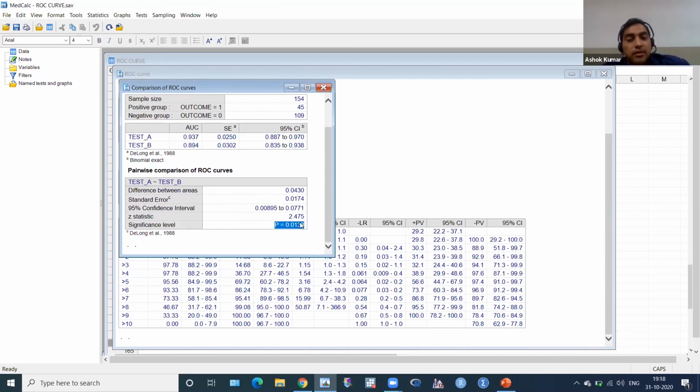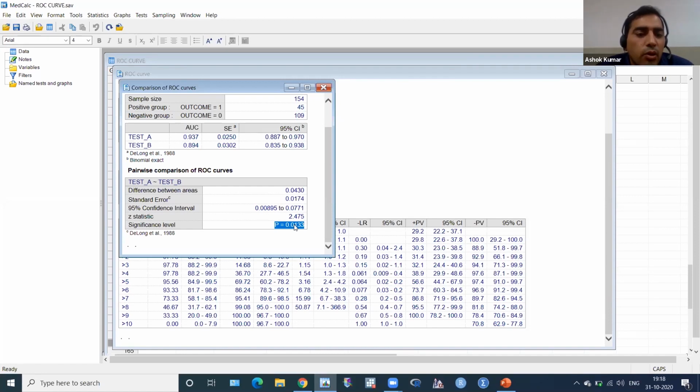Yes, test A is predicting significantly better than test B. That is a p-value less than 0.05. Your result is final. You can give your result.